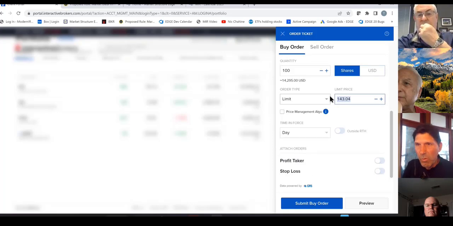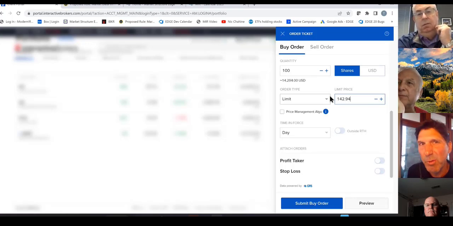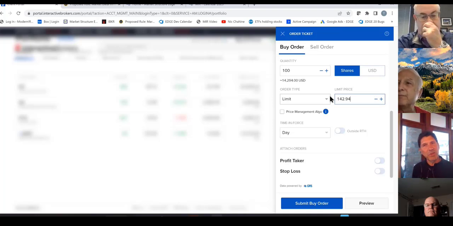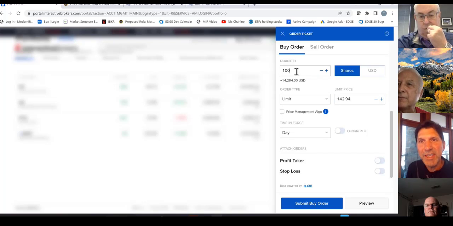So I'm going to put in 142, and I know it's 91. How about 94? I mean, I want to get the best possible price, right? And is a machine willing to cross that spread? 99 times out of 100, it probably will, particularly if I drop my trade to 50 shares. I've cut the risk in half for a machine to cross the spread to make a half a penny. And so that's what I'll do.